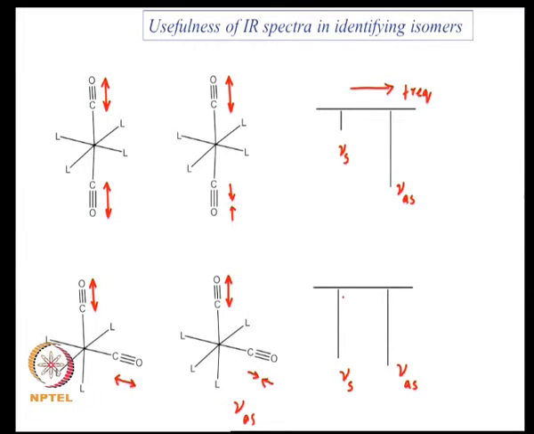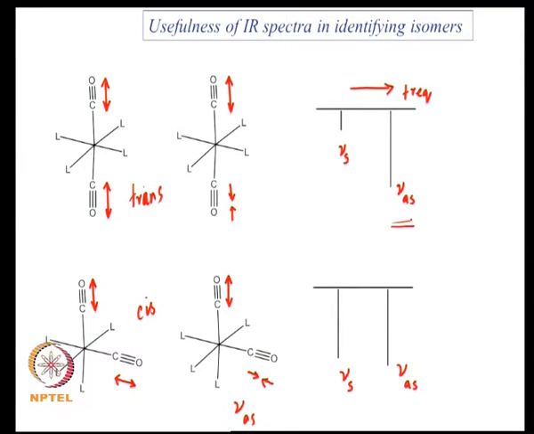For example, I have pictured here an MCO2 system. Here is a trans compound, and here is a cis compound, and the 2 carbon monoxides can be readily distinguished, because in the infrared spectrum of this molecule, you will observe for the trans isomer only a single strong stretching frequency, which is coming from the asymmetric stretching of the 2 carbon monoxide units, which will couple to each other.